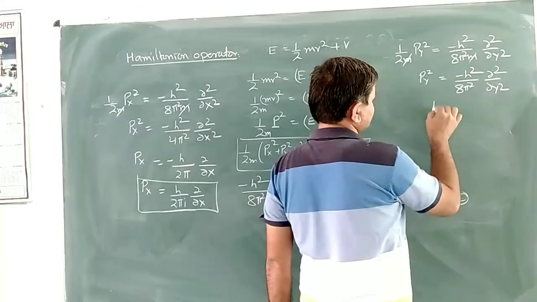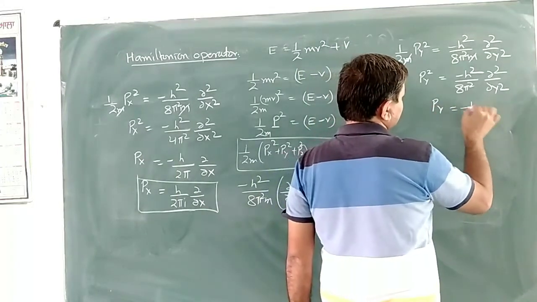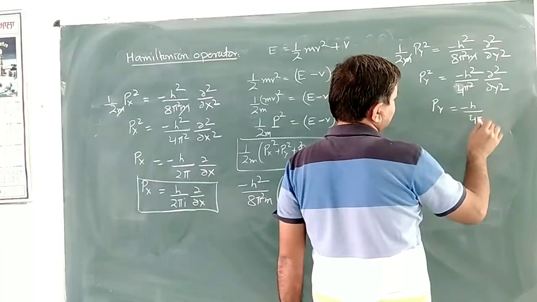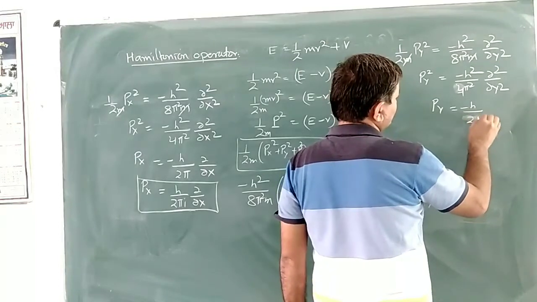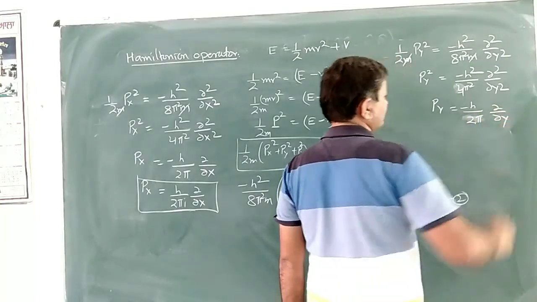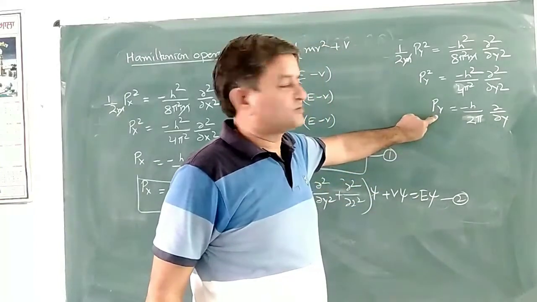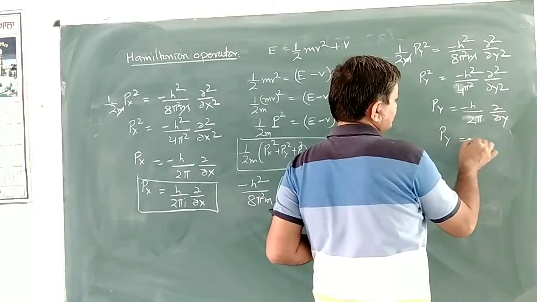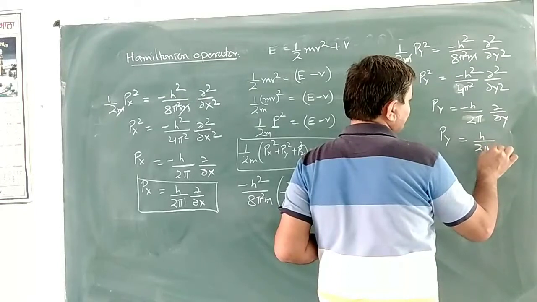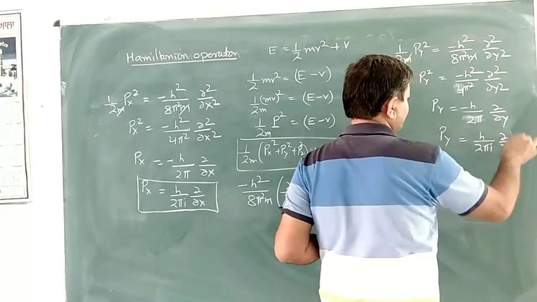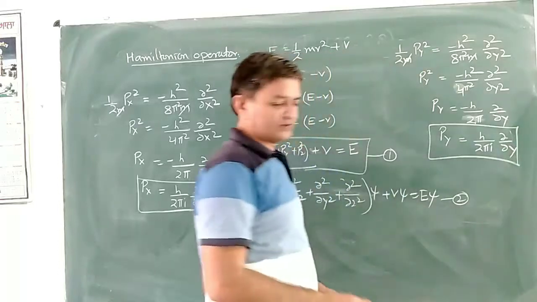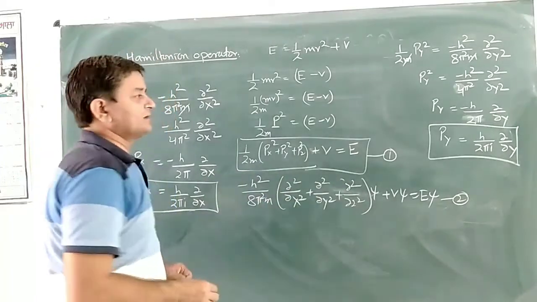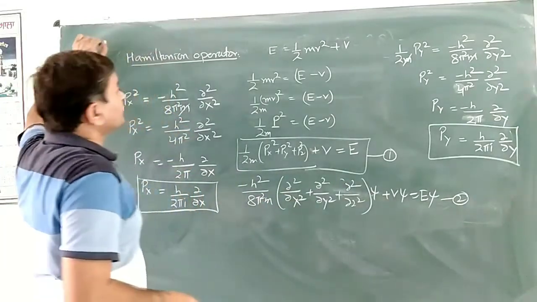And अगर हम इसका सिंपल ले तो इट विल बी द माइनस h and it will be the 4 pi it will be the 2 pi and curly divided by curly y and in that case इसको हम मोमेंटम ऑपरेटर कहेंगे. So this is Py which is equal to h divided by 2 pi iota and curly divided by curly y. So this is momentum operator. हम इसको कह सकते हैं कि this is the momentum operator along the x, ये है momentum operator along the y. अब इसके बाद जो है z डायरेक्शन में रह जाता है,